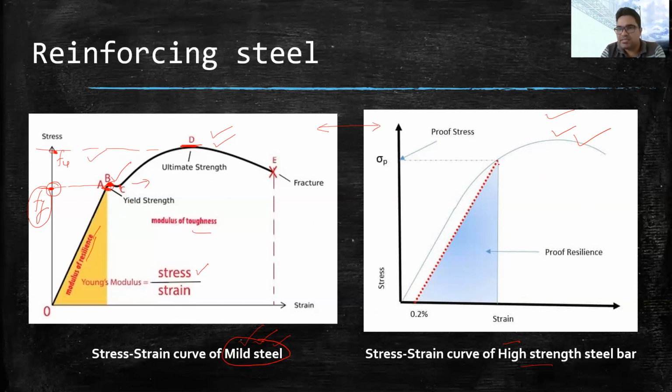In such a case, what we do is we use 0.2% proof stress, which means at this point, a strain of 0.2%, which is 0.002. At this strain, we draw a straight line